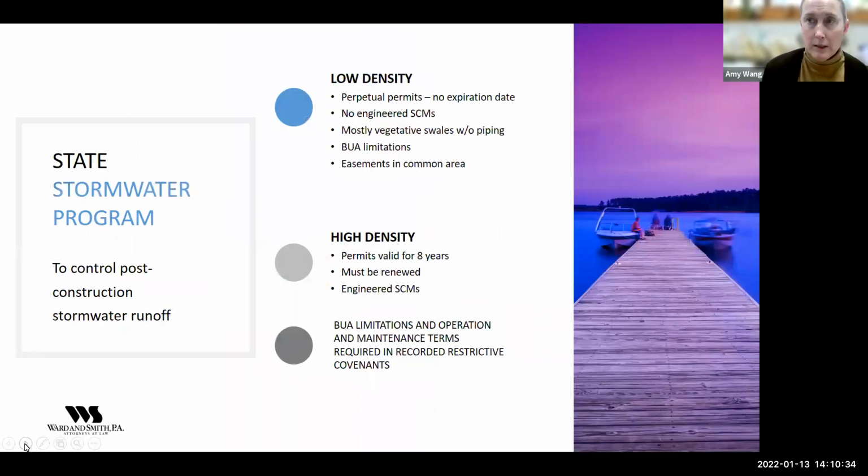So concentrating just a little bit on the stormwater right now, like I just mentioned, it can come in a couple of forms, either at the state level or the local level. If you are governed by a state stormwater permit program, you'll know because your location is going to trigger whether or not your community is part of a state stormwater program. For example, there's a coastal stormwater program for the 20 coastal counties. Something else that will trigger the need for a stormwater permit is the need for an erosion and sedimentation control plan approval, which I mentioned earlier at the beginning of our webinar.